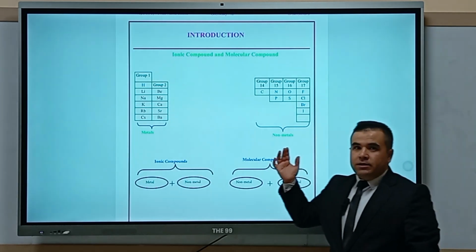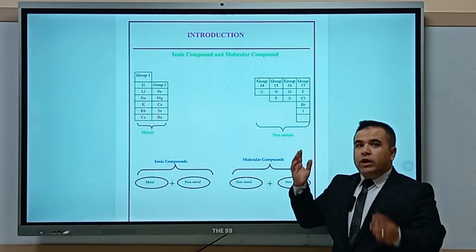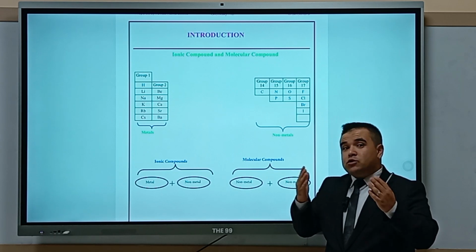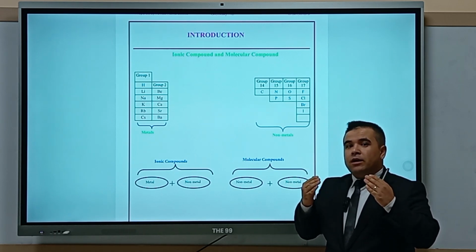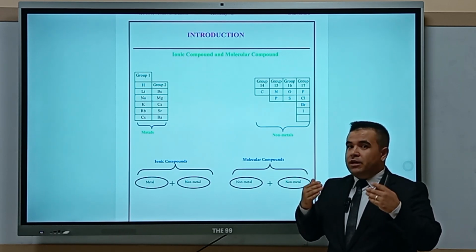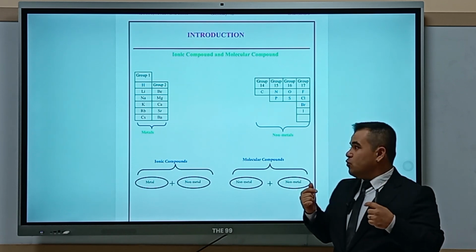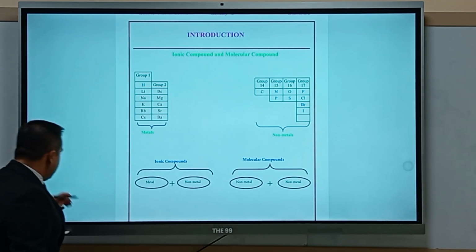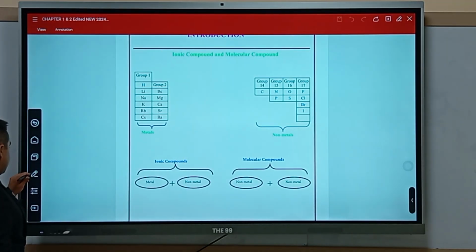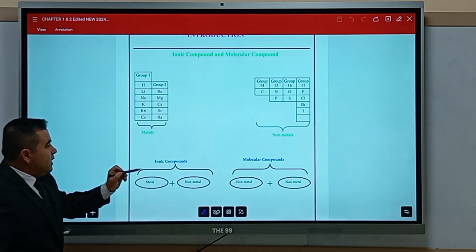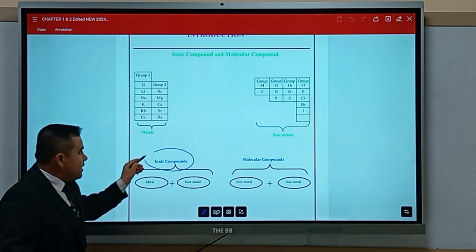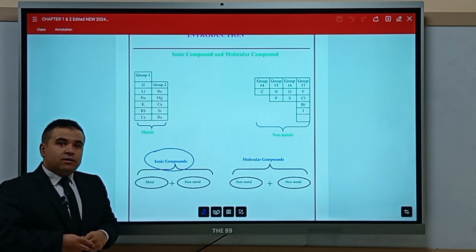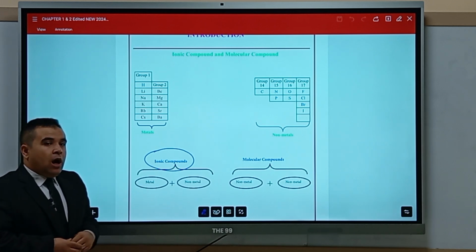The first one is we have to talk about the types of the compounds, and then the polarity, and then the concentration of the compounds as well. Here, guys, we have two types of compounds in terms of their structure. The ionic compounds, as you can see, the ionic compounds you have studied in grade 10 or 11 are those